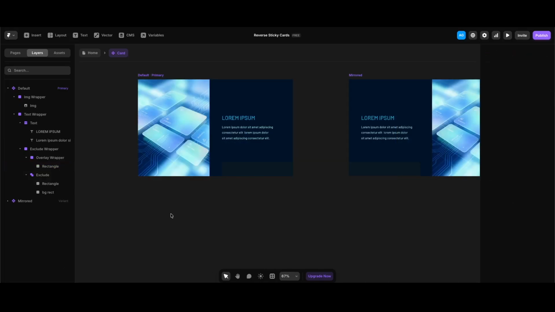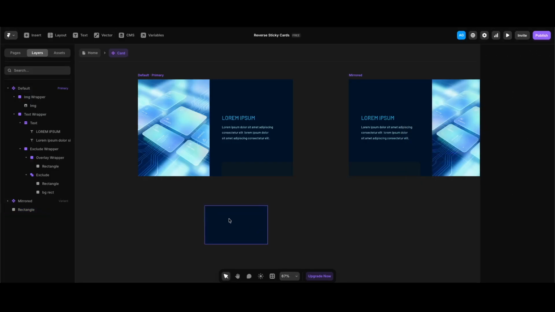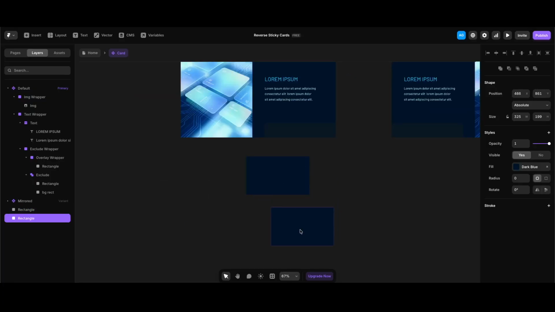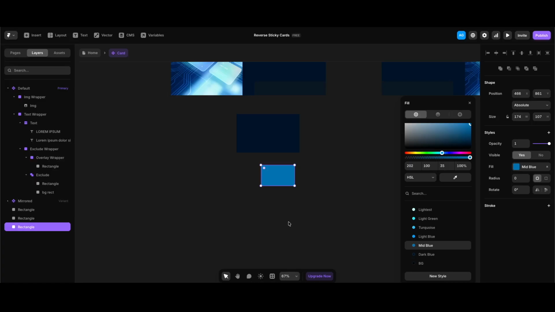If you haven't done exclusion using vectors in Framer before, it's really easy. You can just click the vector button at top left, select a rectangle or any other vector shape, draw the shape on the canvas, change its color. Let's say we're gonna exclude another rectangle from this one. I can just duplicate this one, make the copy smaller, change its color,